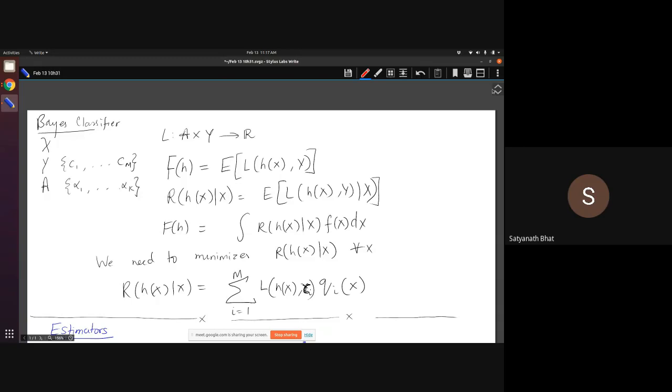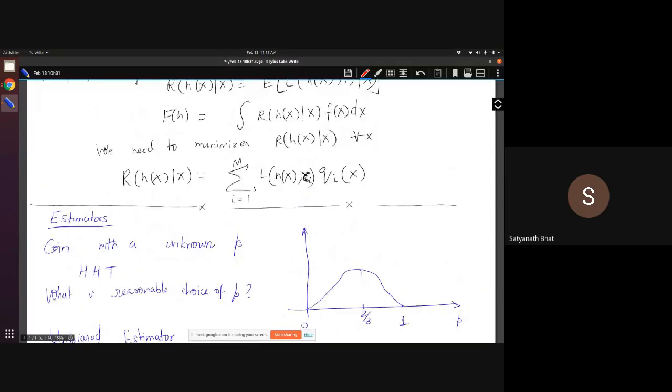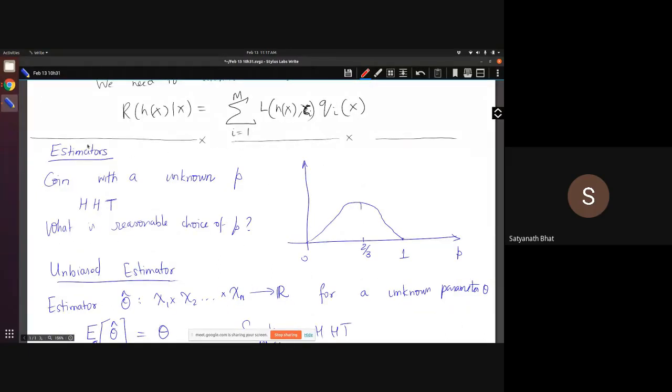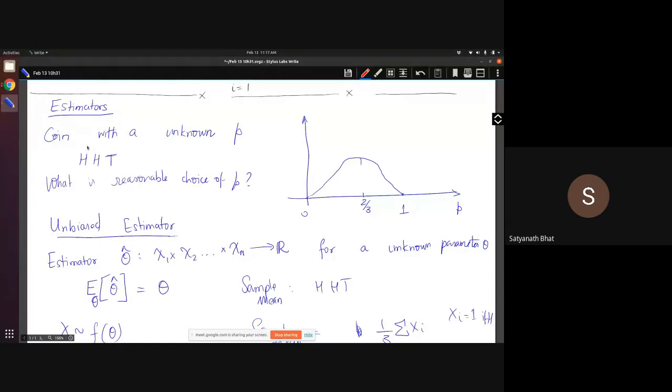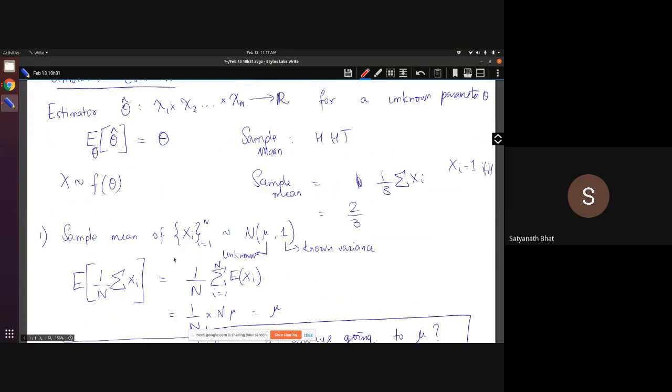So the main thing is, for a Bayes classifier, you need to know the priors, you need to know the class conditional densities. And in order to do that, we need to have a proper estimator for these parameters. Estimators themselves are important, a very big field in statistics. There are different types of estimators. An unbiased estimator is a good estimator, because it is always going to be centered around the actual parameter of interest. It does not go away from theta. So that is a desirable estimator. This was the first concept that we saw, and we saw some examples over here.